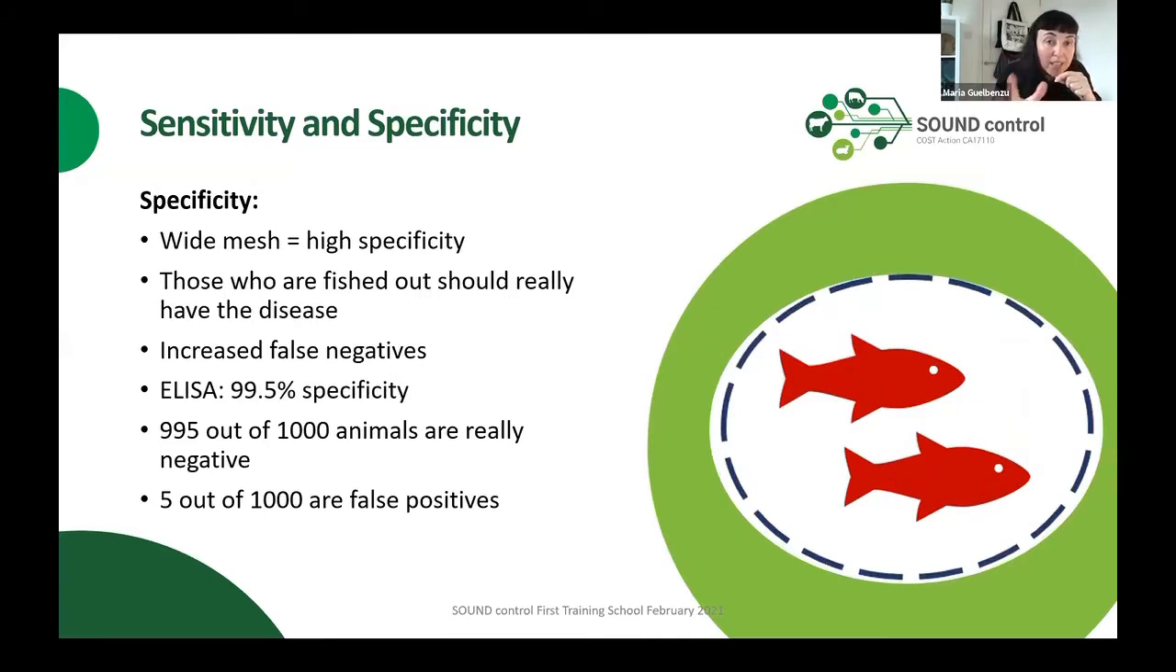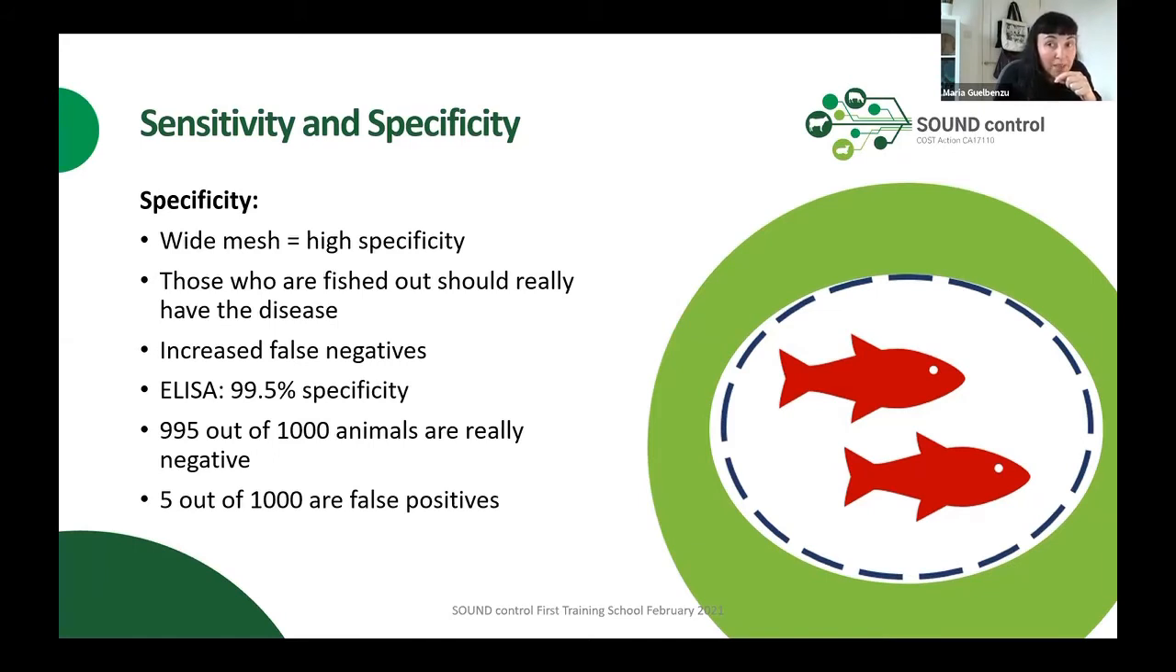In terms of the specificity, the wide mesh means a high specificity. So those that we take out, they really should have the disease. The problem is that we let some escape, so we have an increase in false negatives. So if we have an ELISA with 99.5% specificity, it means that 995 out of 1,000 animals will be really negative, and the other 5 will be